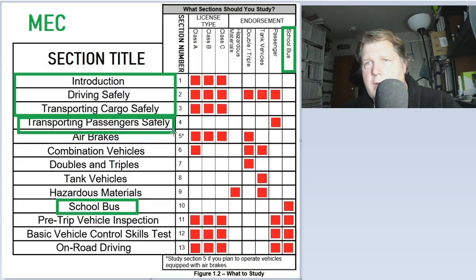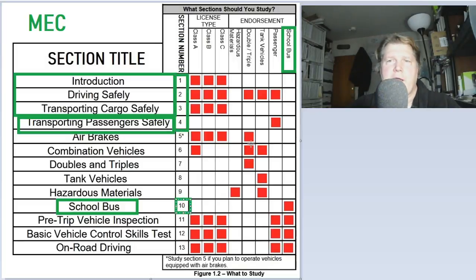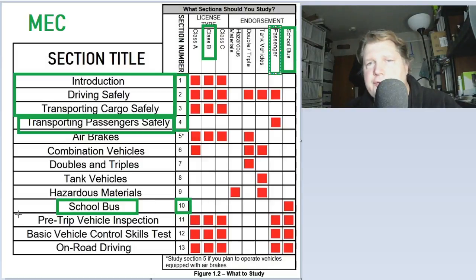So what did I have to study? I had to study sections 1 through 4 and section 10. Now, when I passed the written exam, they told me, after you've passed your written exams, your general knowledge, your passenger and your school bus, then come back to us and we'll start training you on the skills